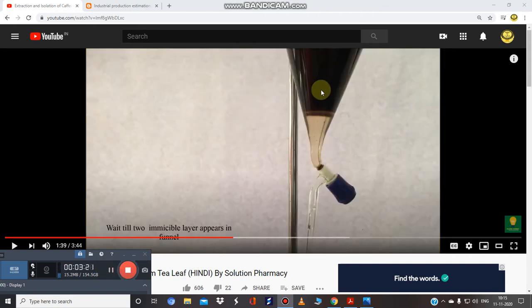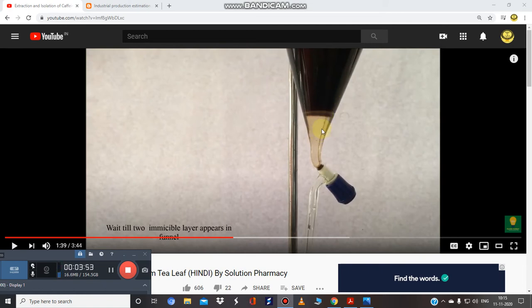What will happen? As we know, chloroform is heavier, denser than water. So which is the chloroform or dichloromethane layer? This one here; it will settle down. Suppose you add benzene to this water and tannin mixture: the benzene layer will float at the top, whereas the chloroform or dichloromethane layer will settle at the bottom because it is denser than water.